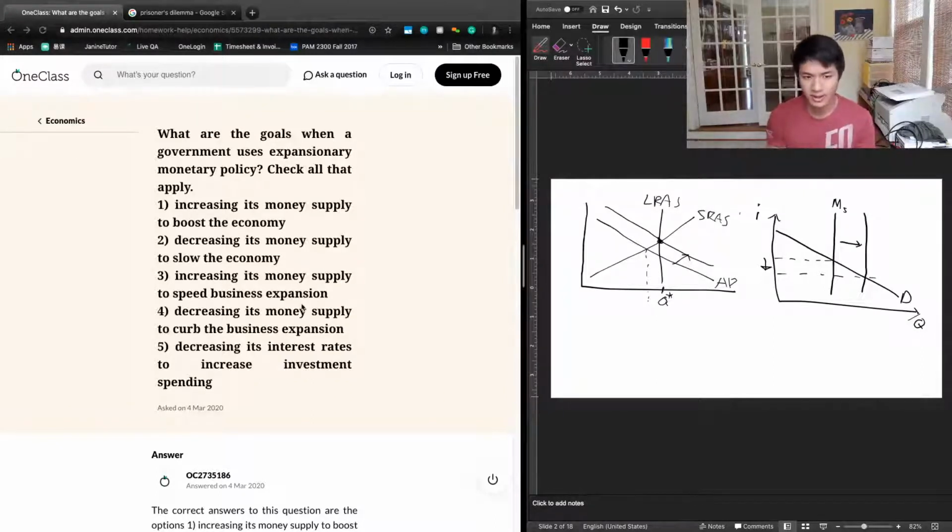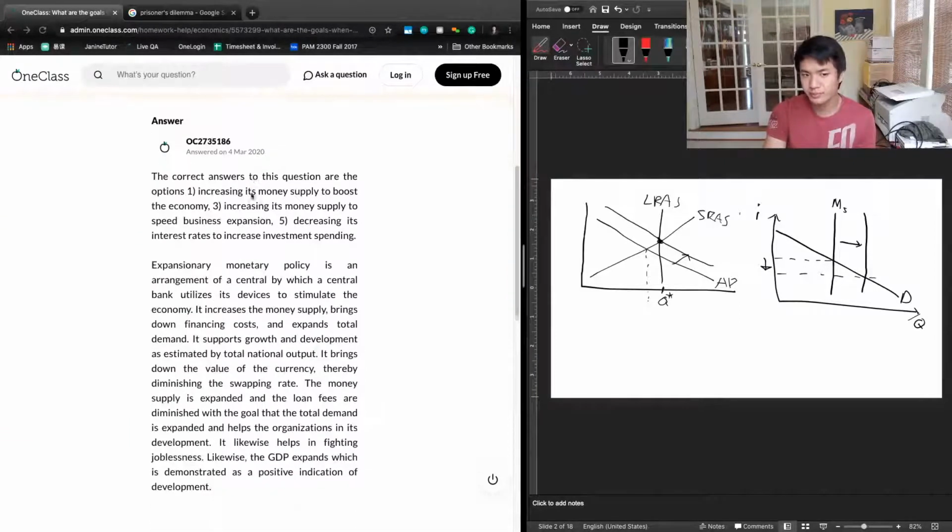And finally, 5, decreasing interest rates to increase investment spending. And again, yes, we are. That's step 2, right? Step 2 is decreasing interest rates. Step 3, increase investment spending. So 5 is going to be the right answer as well. So between these 5 answer choices, we're left with 1, 3, and 5 as the best ones for our answer choice. Let's take a look at the previous tutor's